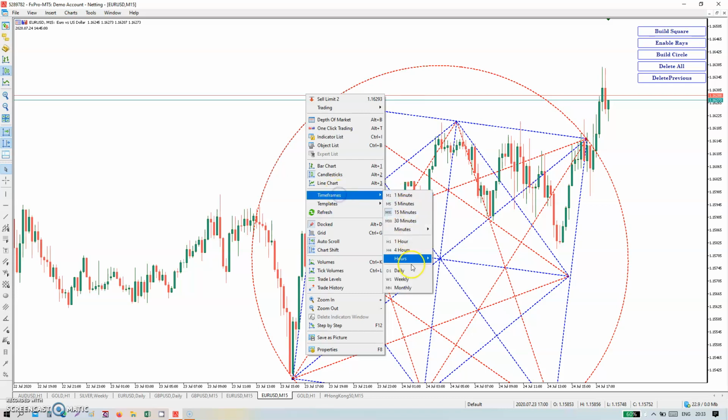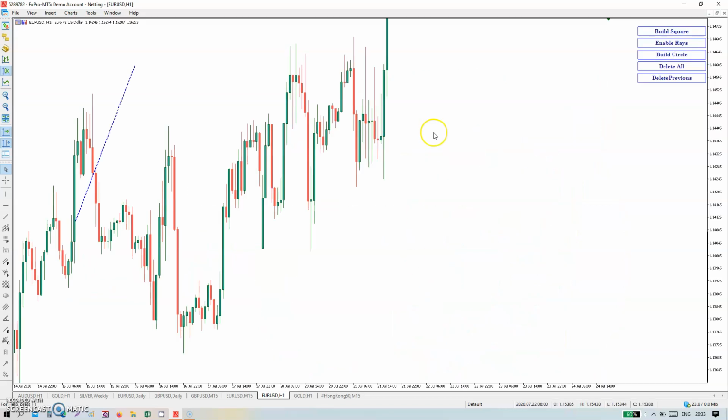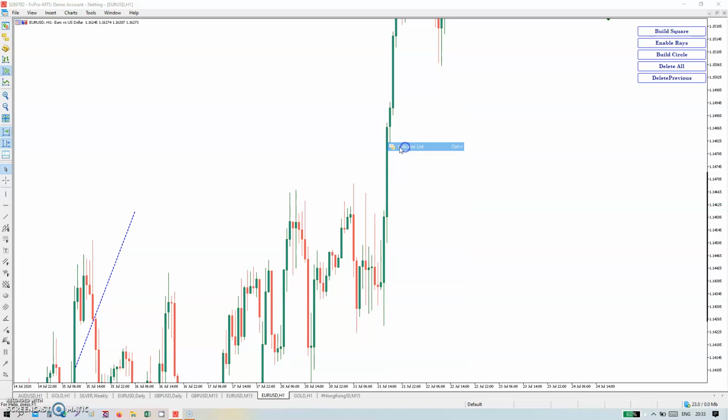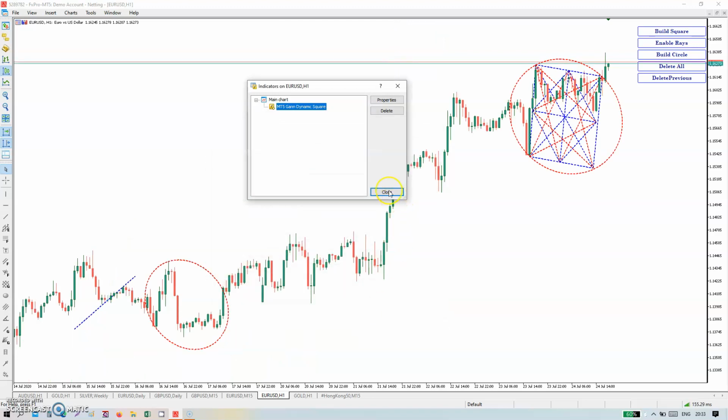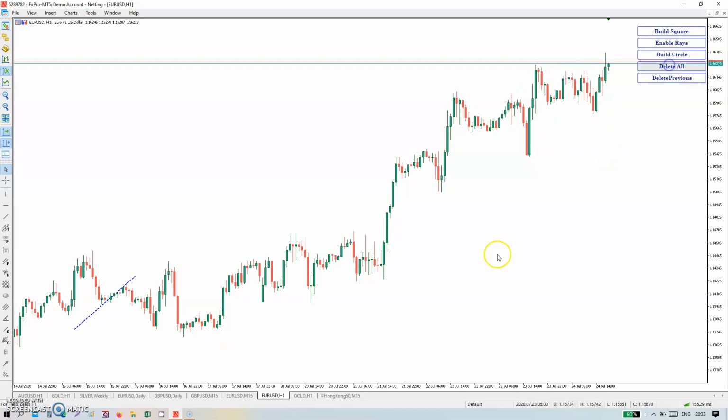Go to your time frame H1. What do you have to do? H1 multiply by 4 or multiply by 3. So I am using 4 or 3. Okay, let me take 3. Delete all. So now you want to draw anywhere.